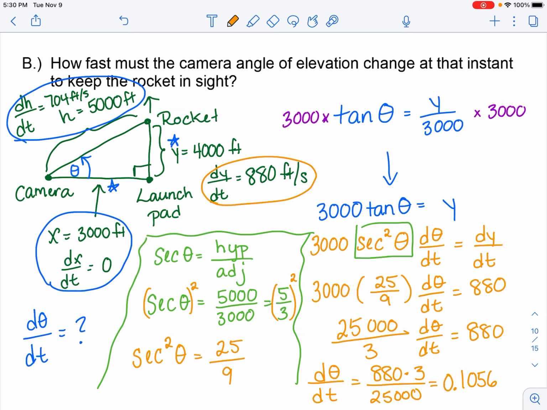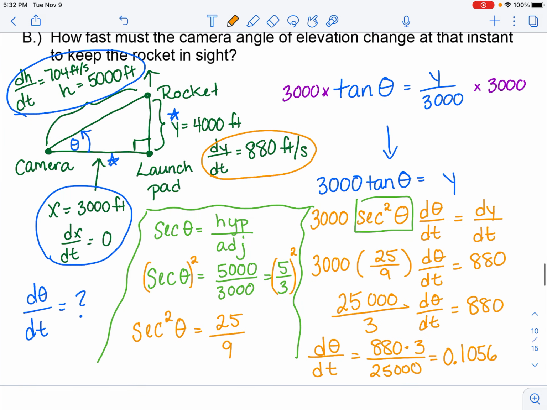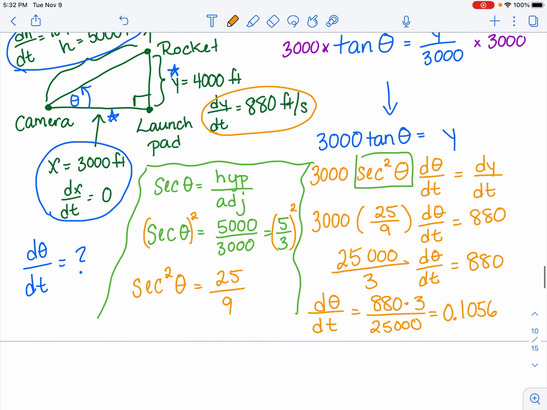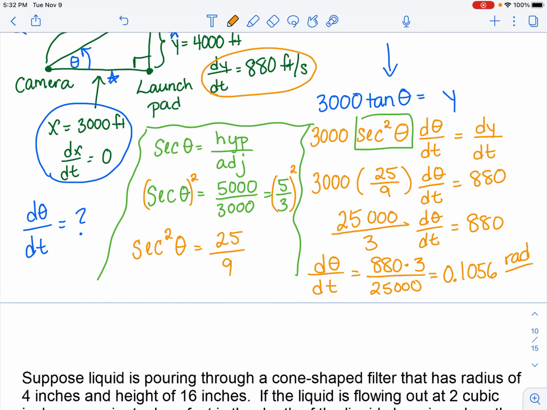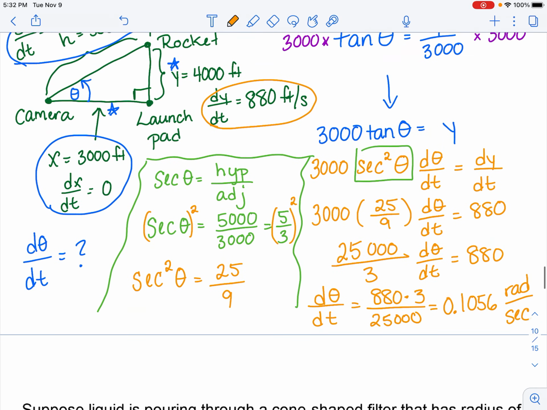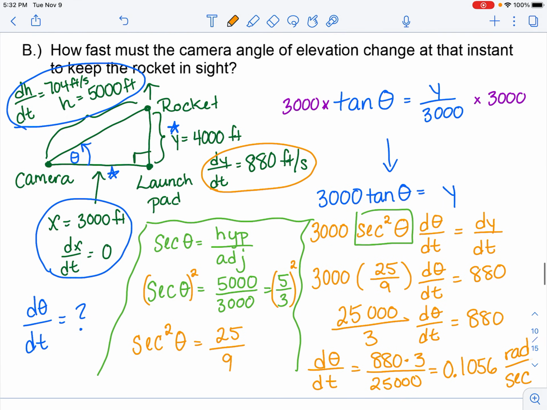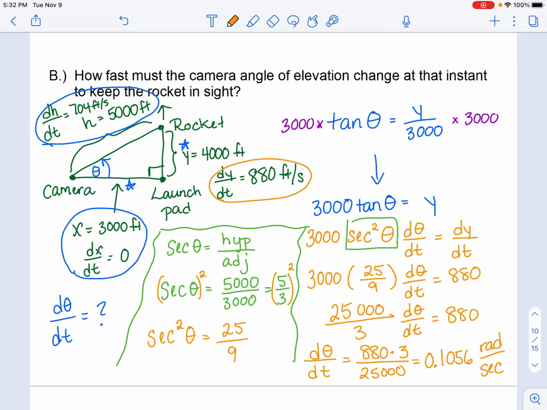Now, units for an angle. We're talking about calculus. And much to our dismay, angles are measured in radians. Okay, we talked about how everything in calc is radians and not degrees. I know it enrages all you physics kids, but that's what it is. So this is radians per second, which we can write rad per second if you want to abbreviate it. But that's radians per second. It's never in degrees. It's always in radians. Okay, so that right there is